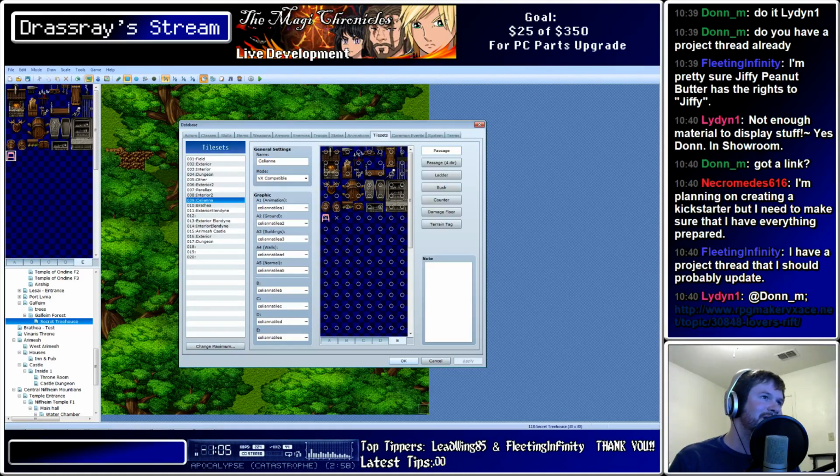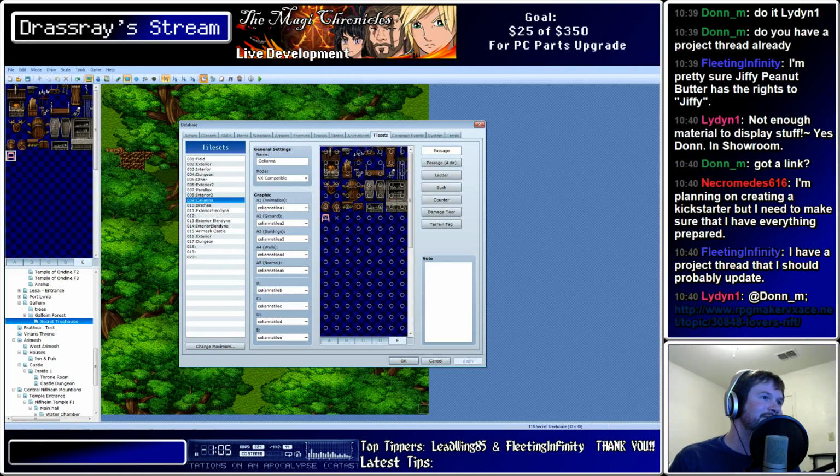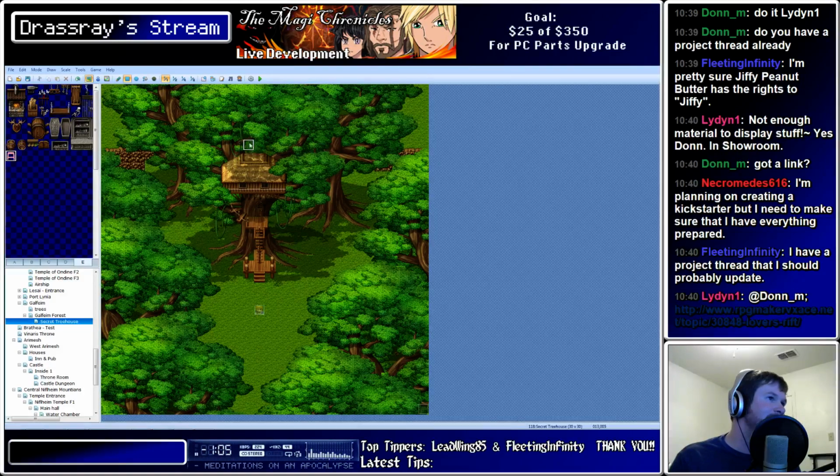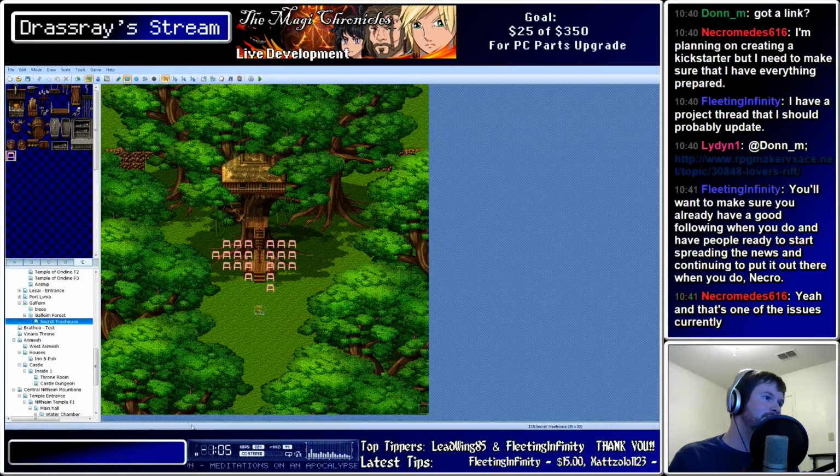The reason why I do that is because when I hit the A on there, I can see exactly what I don't want passable. So, for instance, I don't want this passable, I don't want that passable, I don't want that passable, I don't want that passable. I do want to walk behind the tree. And I probably don't want some of this stuff passable, so I'll just